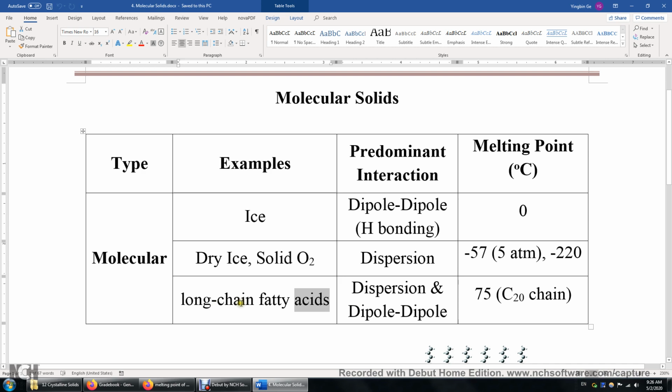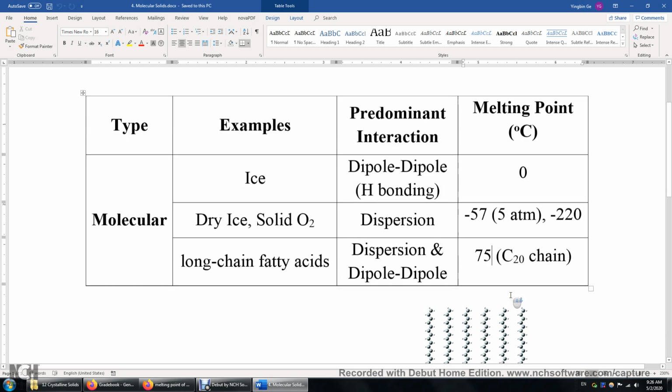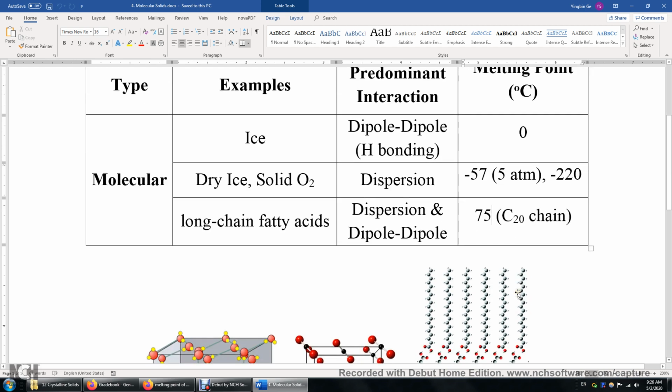And therefore, long-chain fatty acids tend to have high melting point. For example, if you have a carbon-20 chain, the melting point is 75 degrees Celsius. So this is a solid at the room temperature. You have to heat it up to above 75 degrees Celsius, again under 1 atm pressure, to have liquid fatty acids. So you may wonder what's the structure of